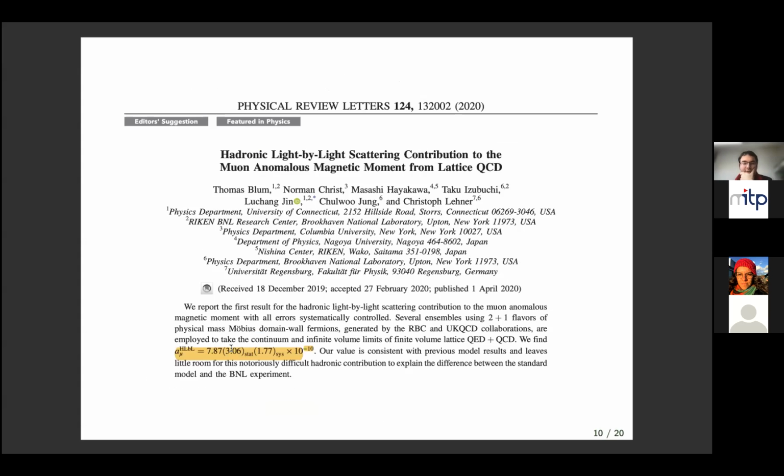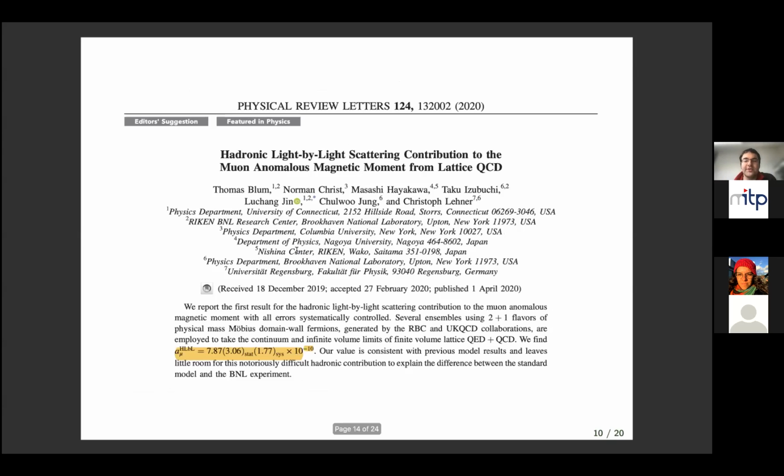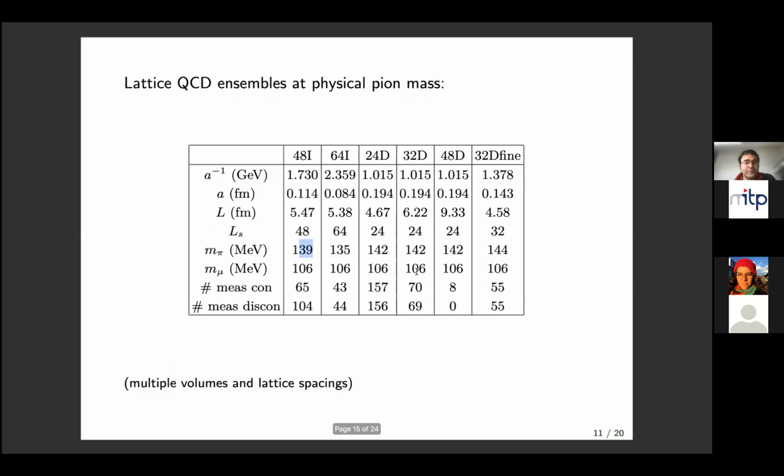So this is the result in the infinite volume limit and the continuum limit from first principles. What you see here is a set of ensembles. The previous result that you saw, where you saw this large cancellation, was only this one ensemble here, with a lattice cutoff of 1.7 GeV and physical pion masses. So this is the distinction between the RBC UKQCD program and the Mainz program. Here, from the beginning, everything was done at physical pion mass, but of course that also leads to larger statistical errors. In the Mainz result, there's an extrapolation from heavier pion masses down, and you saw the benefits of this with a smaller statistical error here.